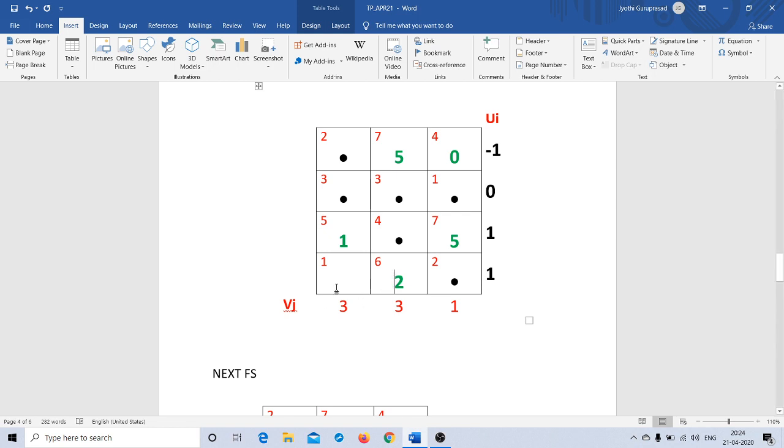And in this cell, 3 plus 1 is 4. 1 minus 4 is minus 3. So these are my new values of dij. And again you observe all the integer numbers written in green color. One of the entries is minus 3. One of the entries being minus 3 in the cell evaluation matrix means this particular solution